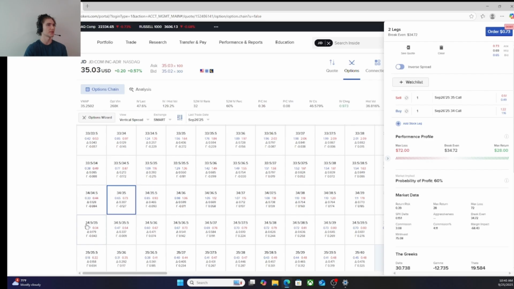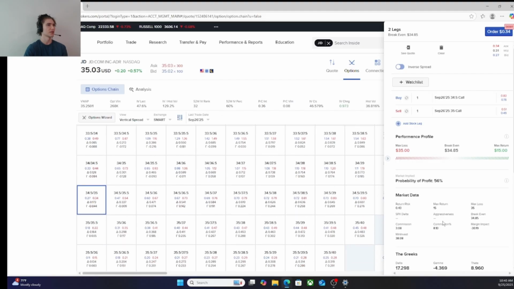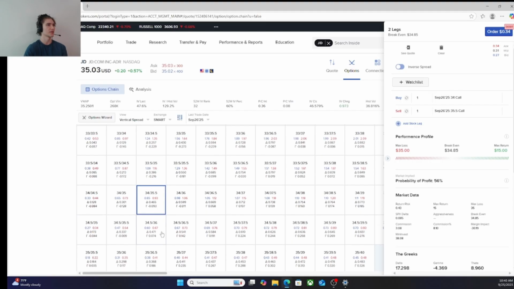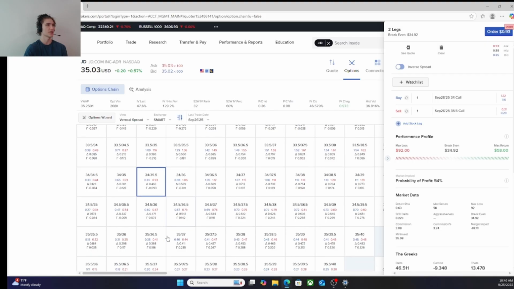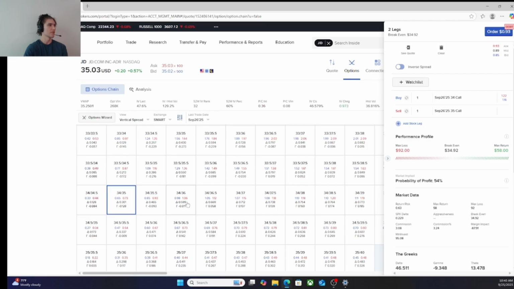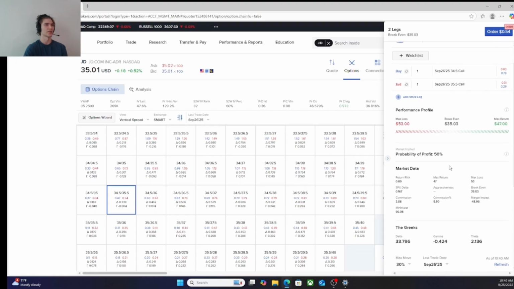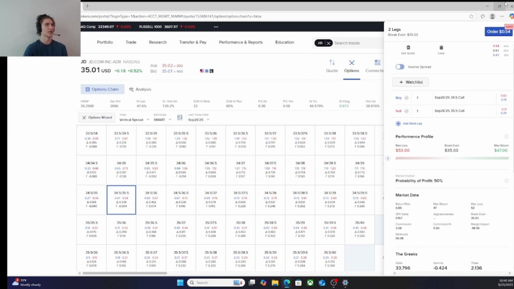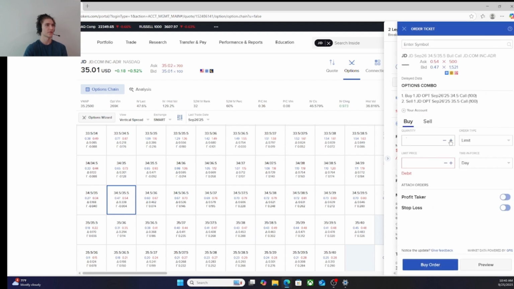Yeah, the max losses just increases here. 4 and 6, 35 and 15, 34.92, 58. This is the range I'm looking for in these 34s, but let's see where the share price is currently. Okay, so what we're going to do here, we're going to order a few of these spreads. Limit price, what does it ask here? Ask 54, bid 47. We're going to try to find a middle ground, maybe